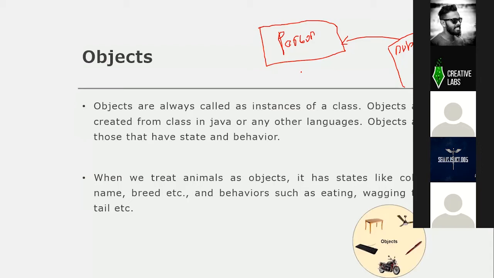And we have another thing called behavior, how a person will behave. He can walk, he can run, he can talk, he can sleep, he can jump, he can fly. No, right? That is not a feature of a person. It is a feature of something else. So those are the features of a person.